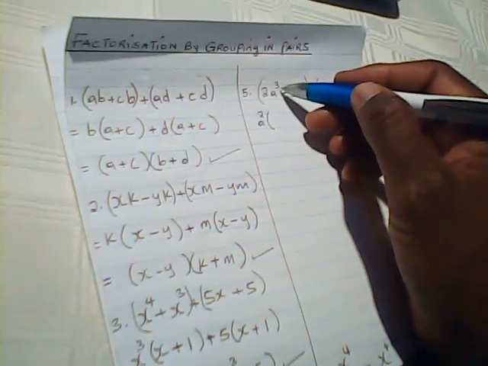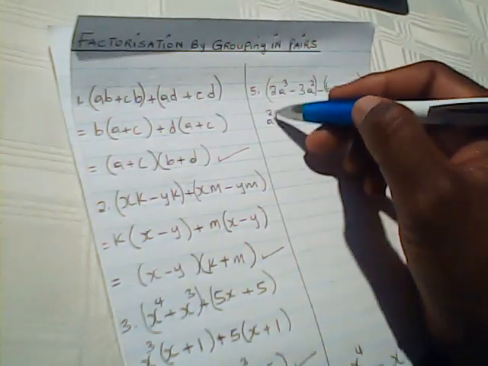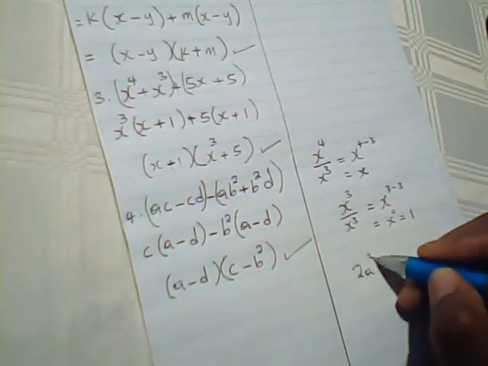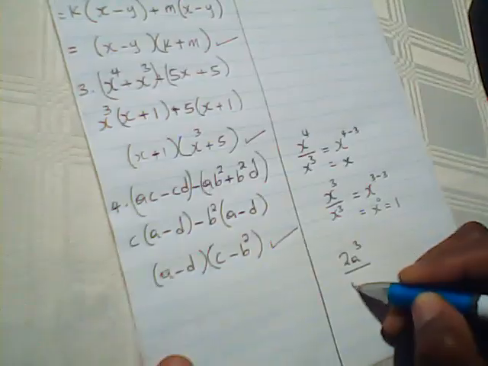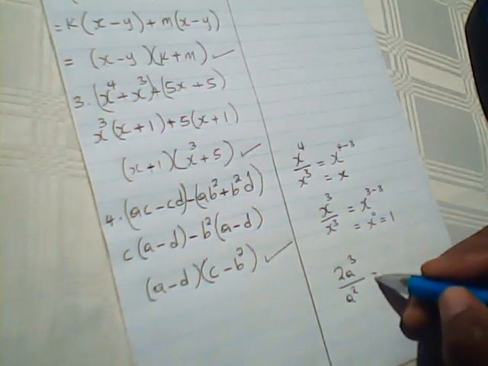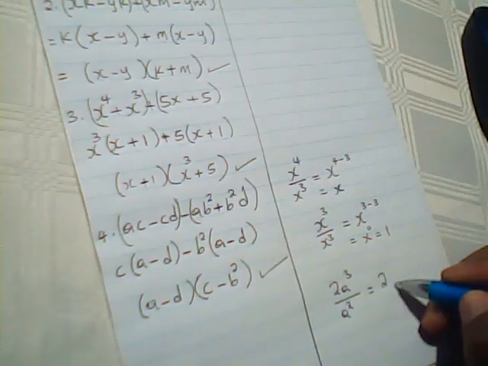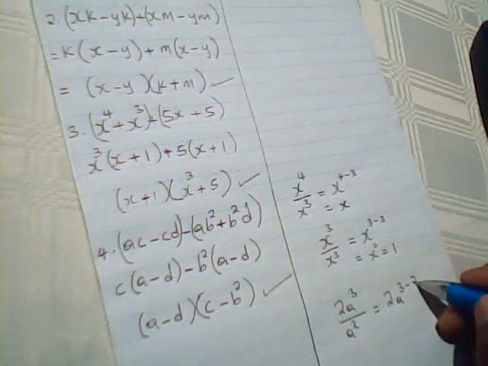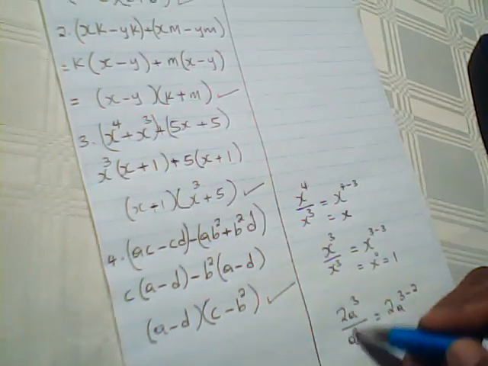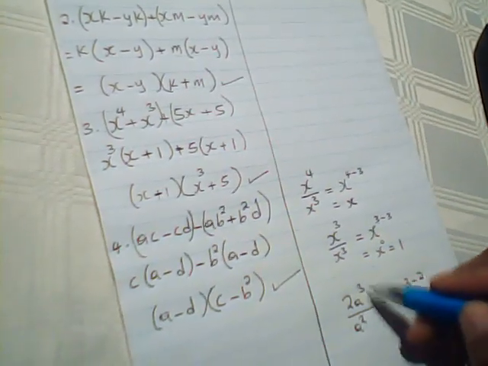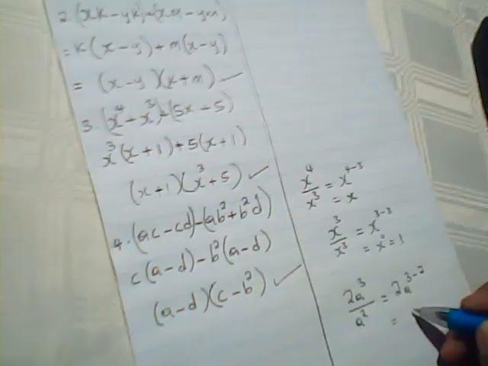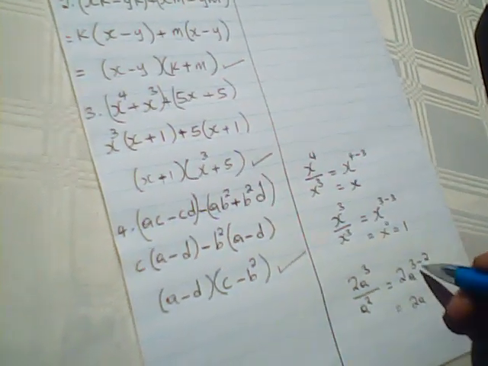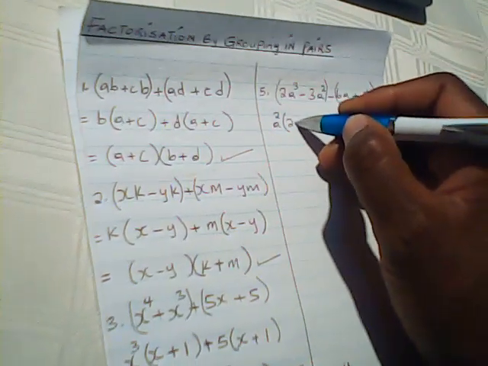We are going to divide this as I've shown you here. We've got 2a raised to 3 divided by a squared. So you keep the 2 and say, okay, a raised to 3 minus 2, because you are dividing exponents of the same base. You take one base, subtract their exponents. Then the answer here is 2a, because 3 minus 2 is 1. So we are left here with 2a